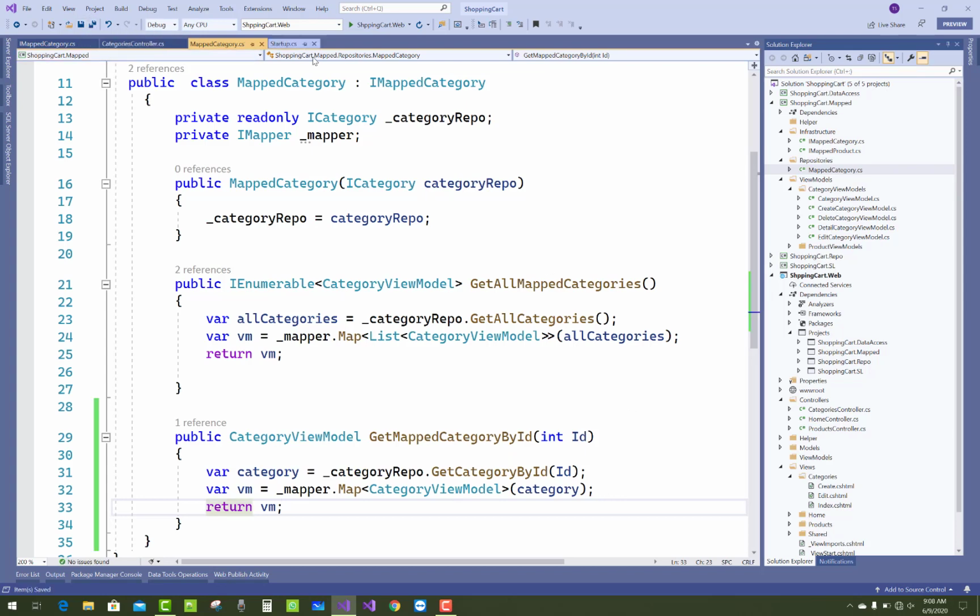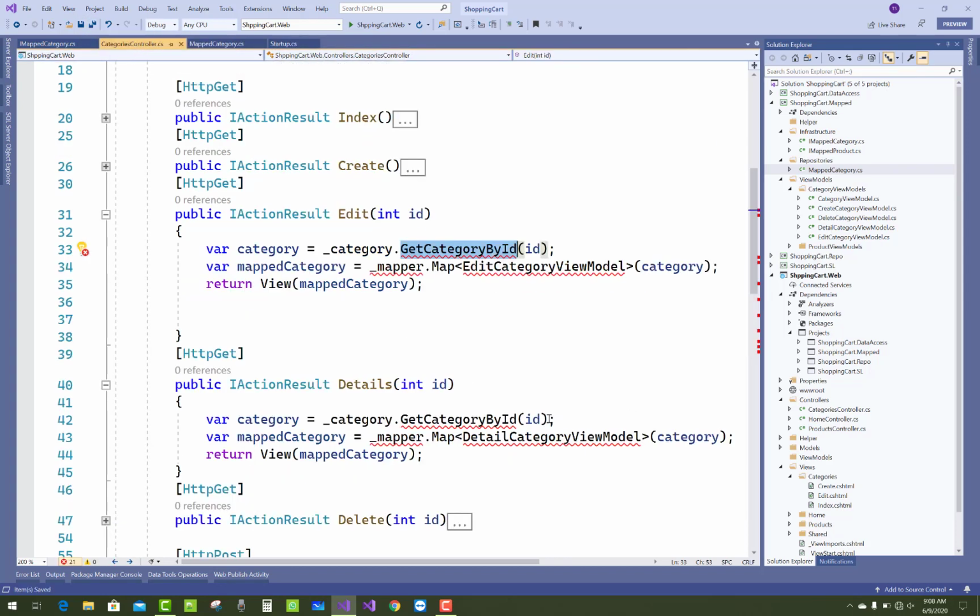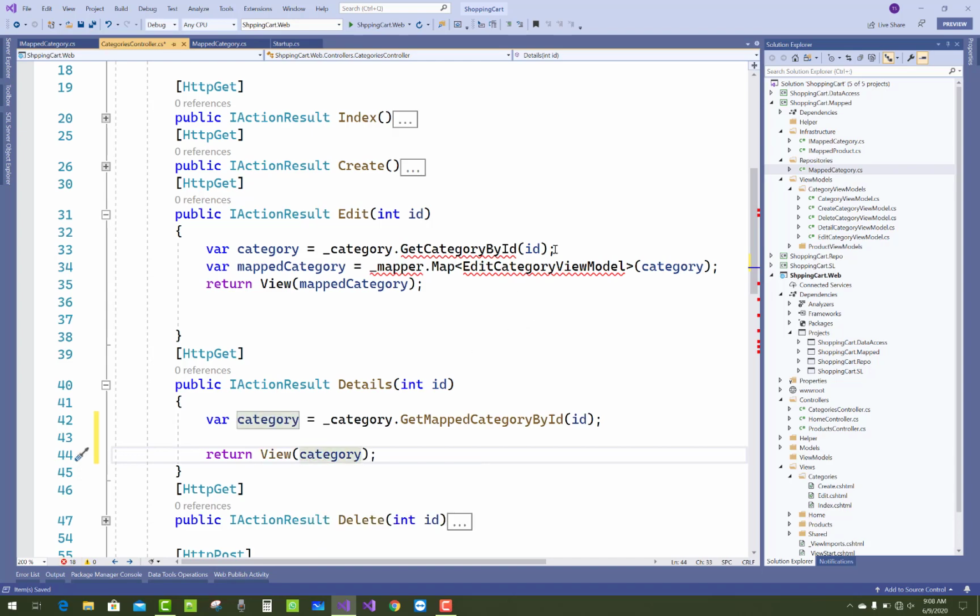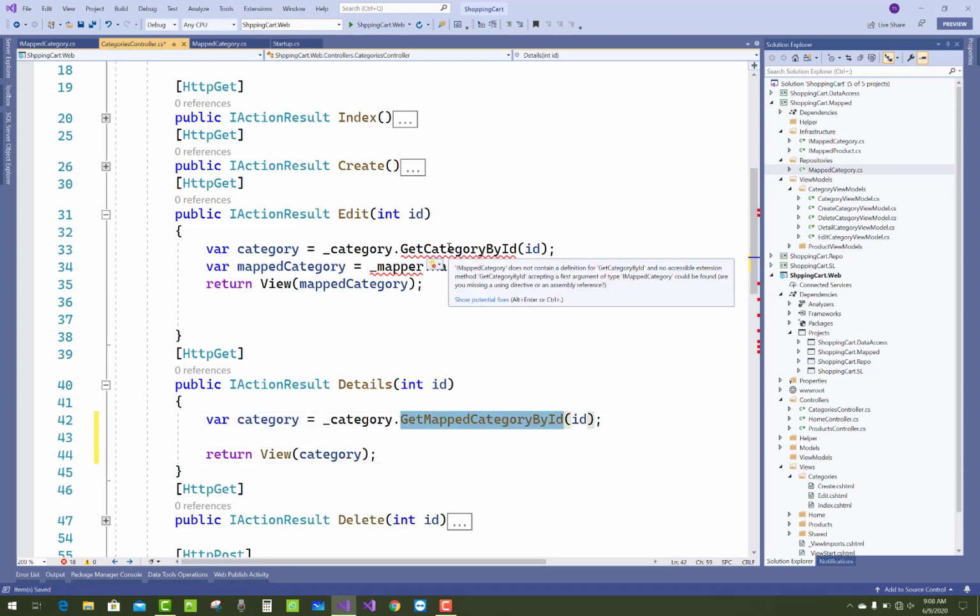Okay, so here you can say category mapped, get mapped category by ID, just that, and remove the old one, and in the view section you have to pass category, that is a view model.